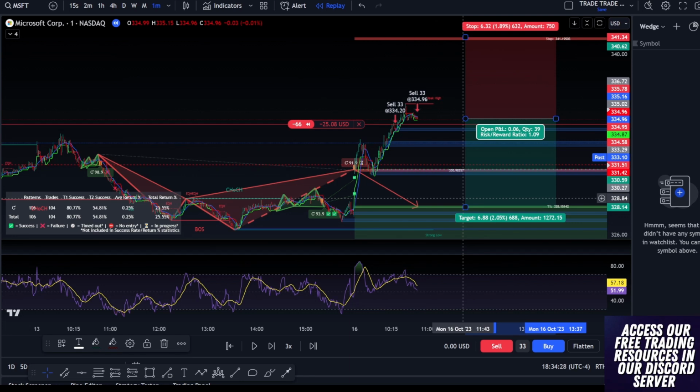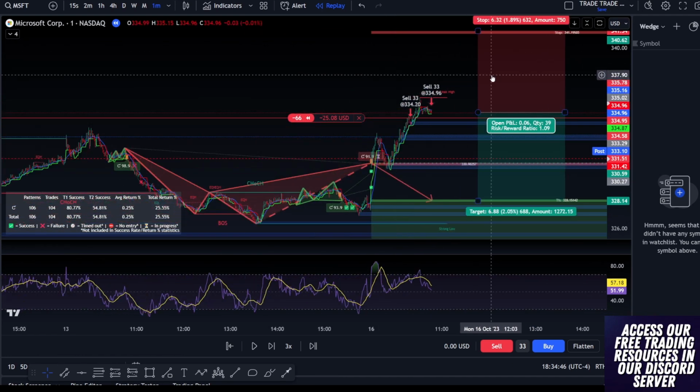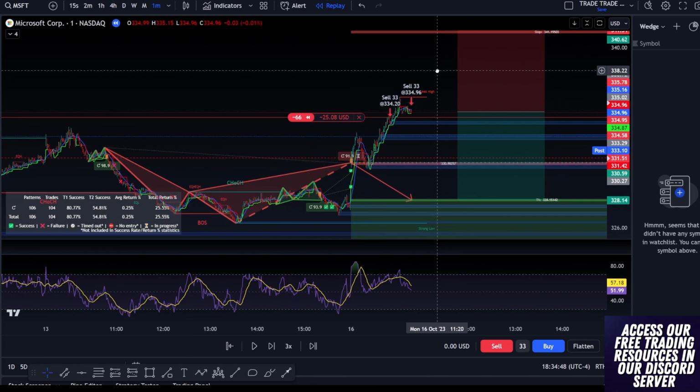Now, a lot of you guys bring up a ton of good questions. You're like, why are you always going against the market? I rarely go against the market ever. But when it comes to day trades, I'm usually going against the market, and it's because of this. It doesn't mean that this has to reject. But would you feel bad taking this trade and losing money? No, you shouldn't. We have a triple bearish divergence. RSI is creating statistically an 80% chance that we're going to drop down to 328, and we have a 1-to-1 RVR.